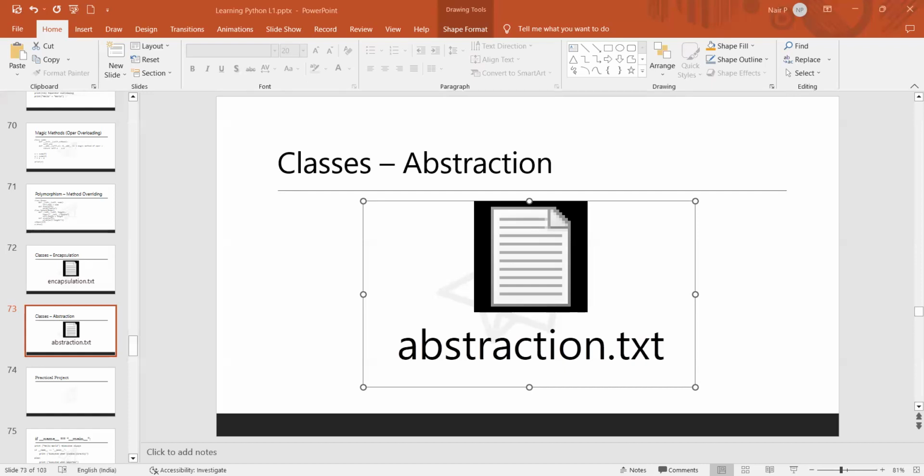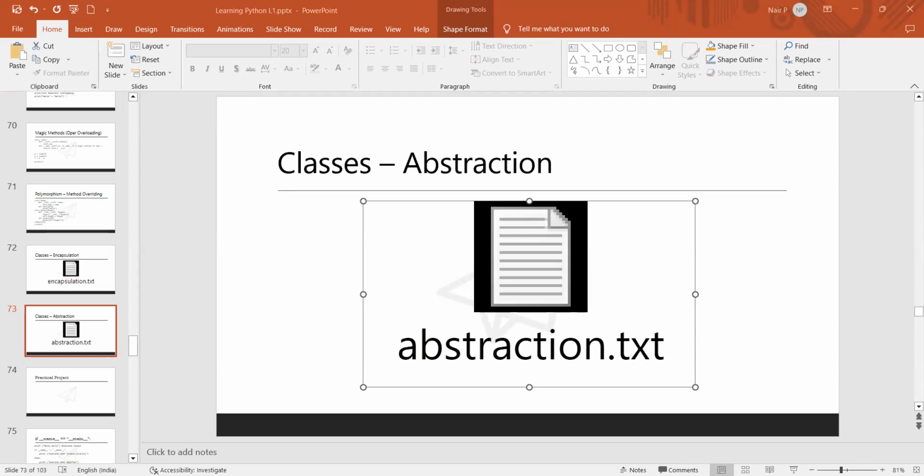Here, the variables cannot be accessed outside the class. We use set name or get name methods to access them. And then we have seen abstraction,